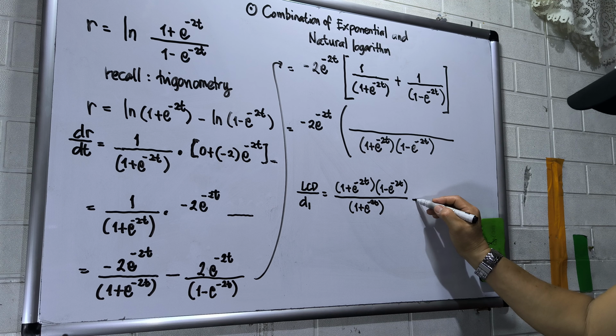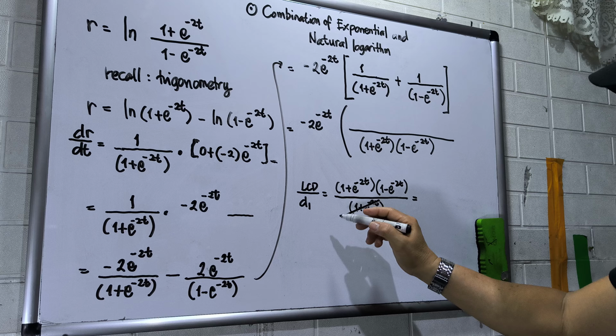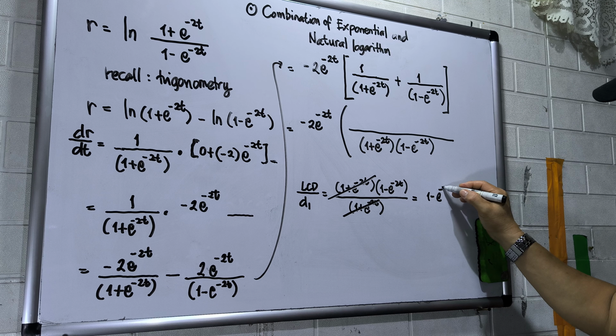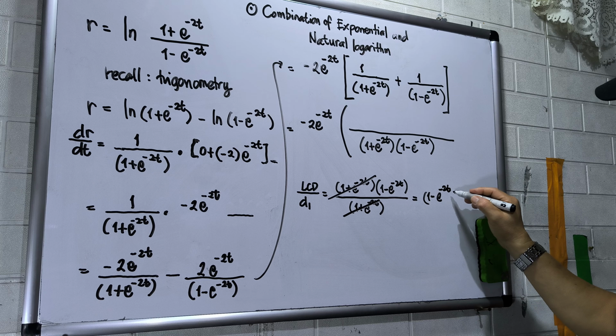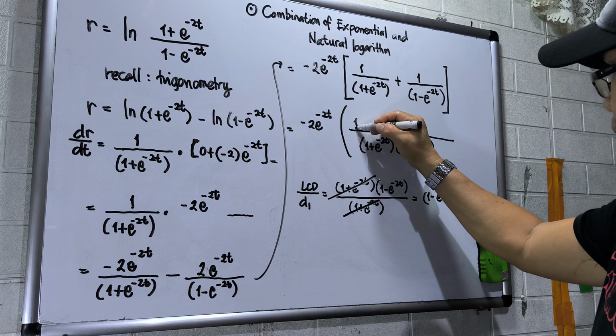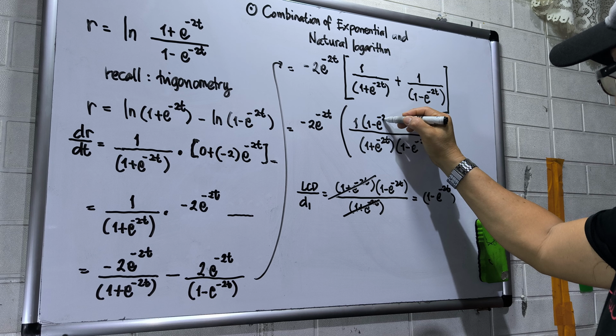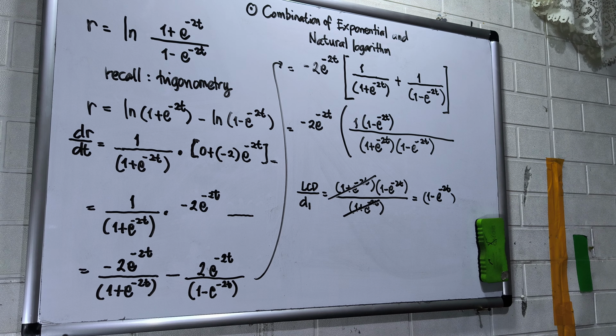So the circle brackets 1 plus e to the negative 2t will be crossed out by 1 plus e raised to negative 2t. So this will be 1 minus e raised to the negative 2t. So this will be 1 times this one, 1 minus e to the negative 2t. Then plus